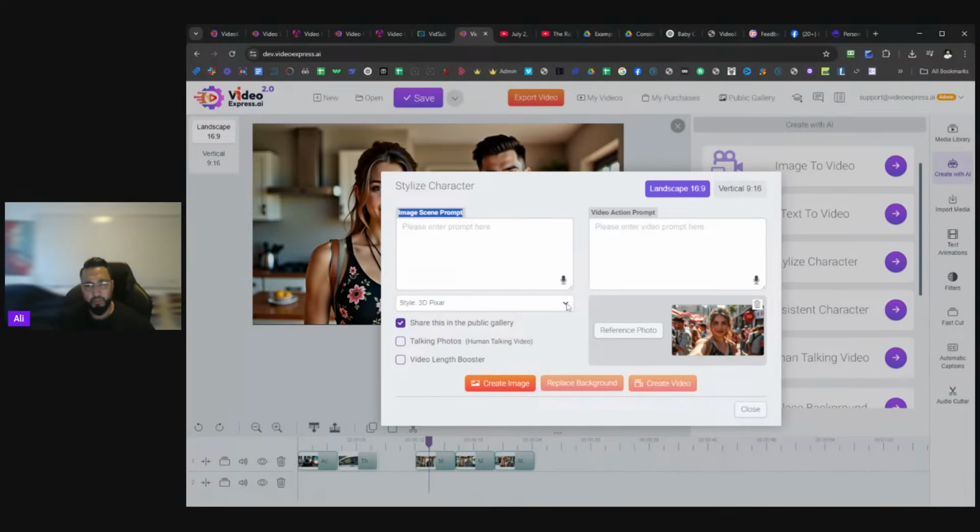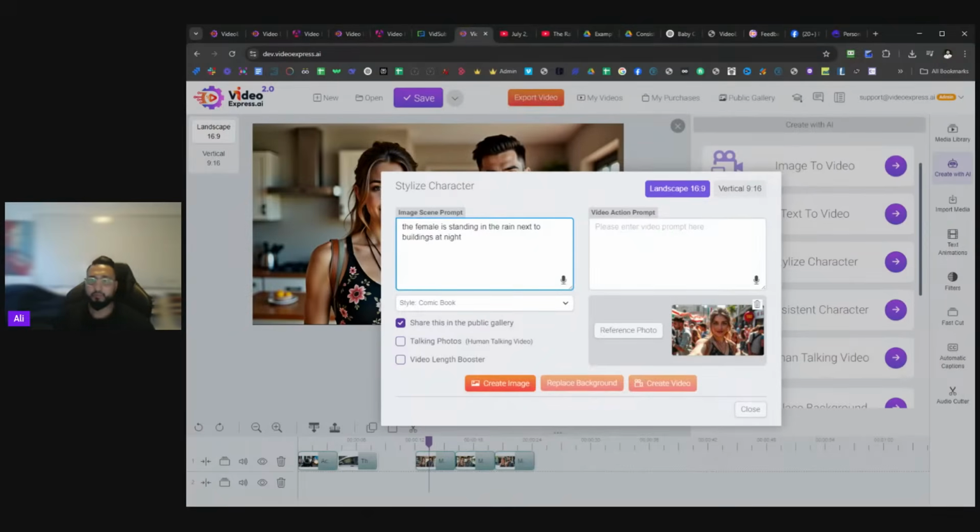There's a reason. If you select the drop down, you'll see about 6 different styles to choose from. You can convert and stylize that character into 3D Pixar, anime, comic book, line art, watercolor, or have no style at all. So for this one, let's go comic book. The female is standing in the rain, in the rain next to buildings